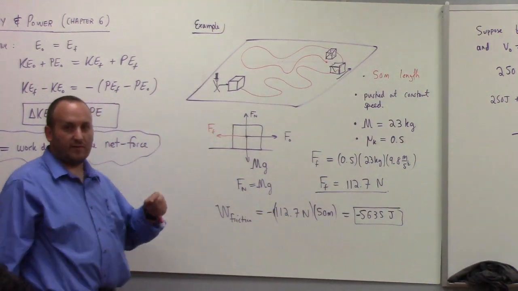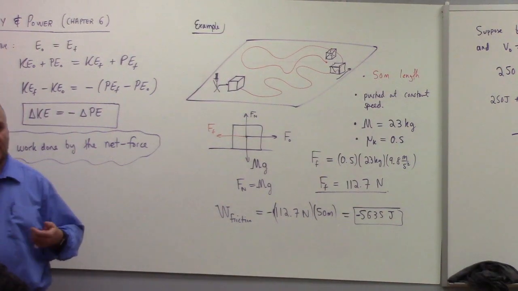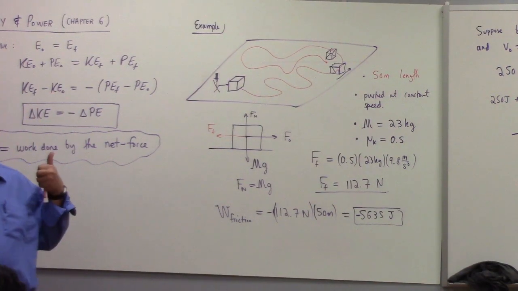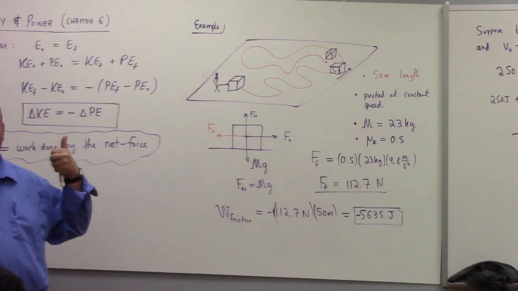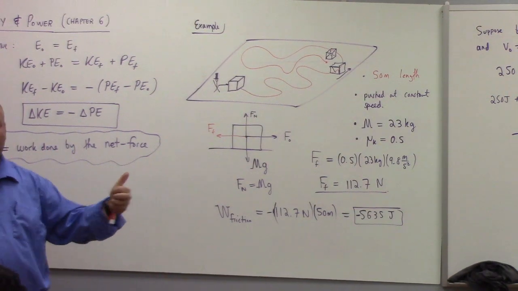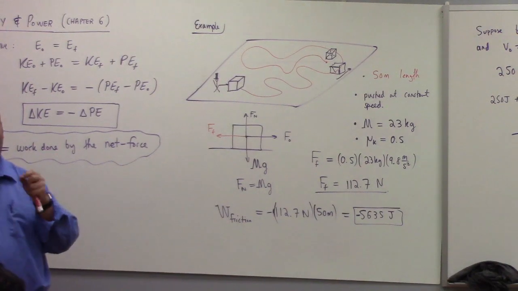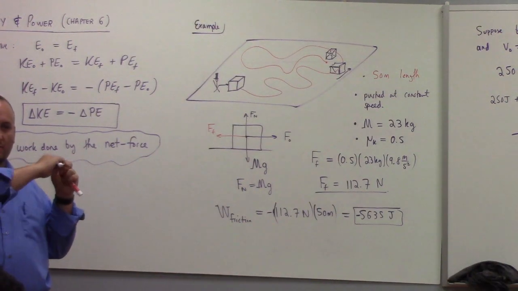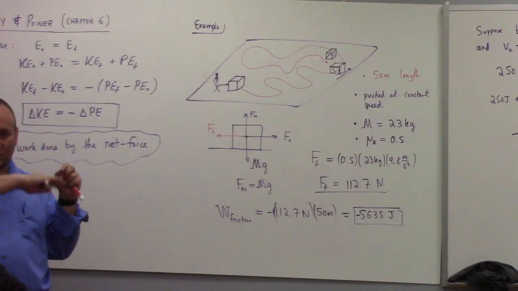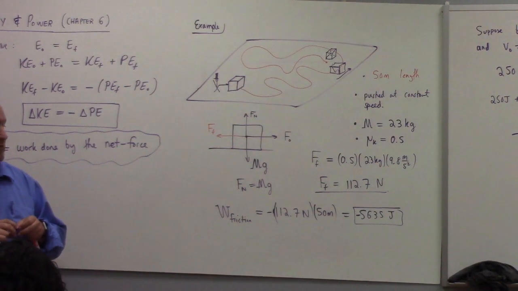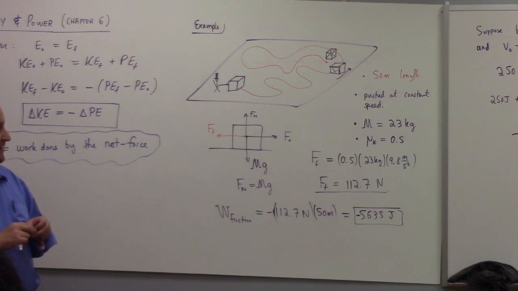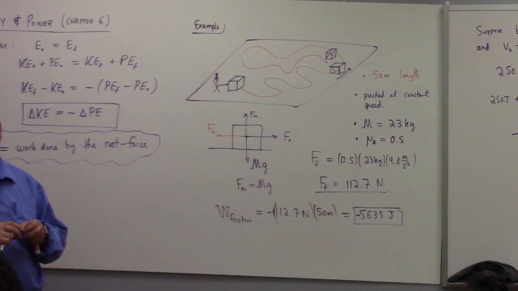Those also do work in a silly way, right? The normal force does 0 work because it's always perpendicular. What's the work done by gravity in this motion? It's also 0 because we're beginning and ending at the same level playing field, right? There's no change in h. There's no change in potential energy for the gravitational force, which helps us understand why there's no work done by gravity in this motion.